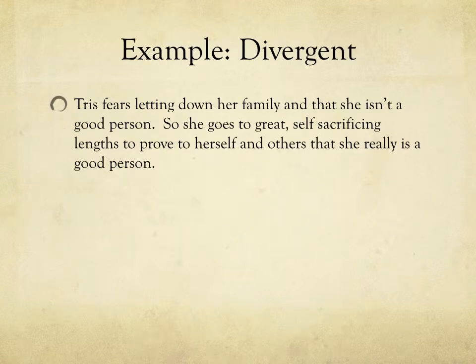And a great example is Divergent. Tris has this fear of letting down her family, her mother and her father, because not only does she pick Dauntless, but she knows that she was never very good at being Abnegation. So you see her constantly war with this idea of being selfless enough and being good enough, balanced with her personality of being fearless and taking charge. So you see this time and time again. It comes up in the story, like how far she will go to prove to others and to herself that she really is a good person.